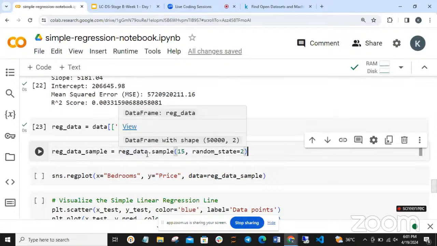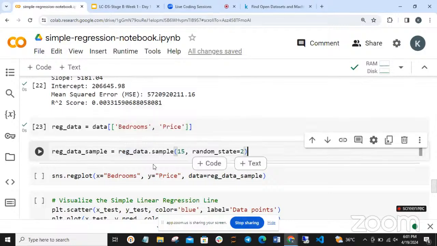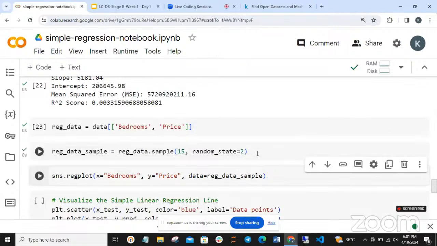But we just want to see what the regression plot looks like. So we take just 15 and fix the state again using random state of 2. Like I said, you can use any random state, it's fine. So we take a sample of the entire data set, just 15, and then plot a